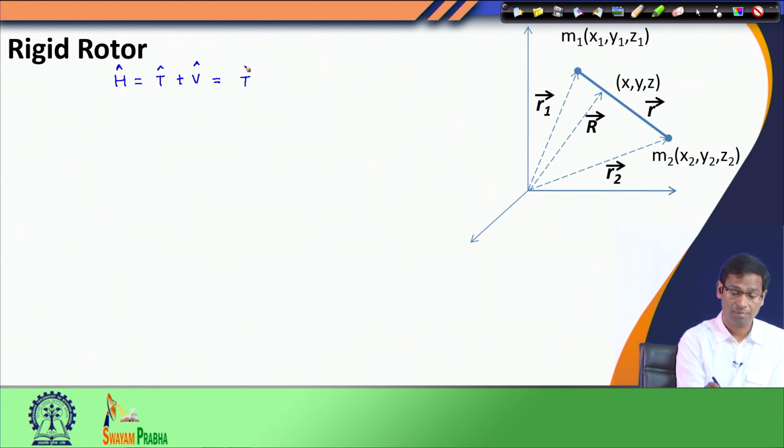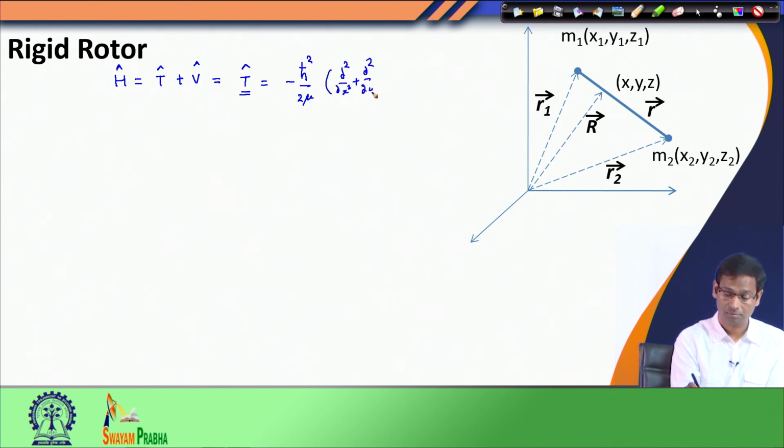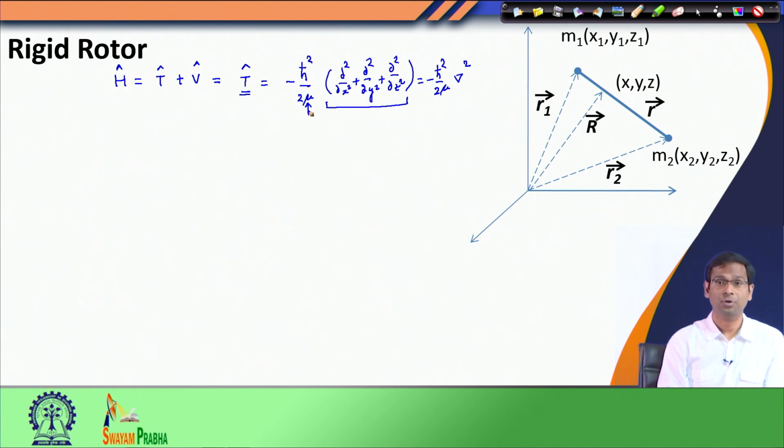Therefore, the Hamiltonian is simply the kinetic energy operator, which can be defined as minus h bar squared by 2 mu times the Laplacian. Now, you see I am using the reduced mass because I am talking about the internal motion of the problem. So, I have this Laplacian here,